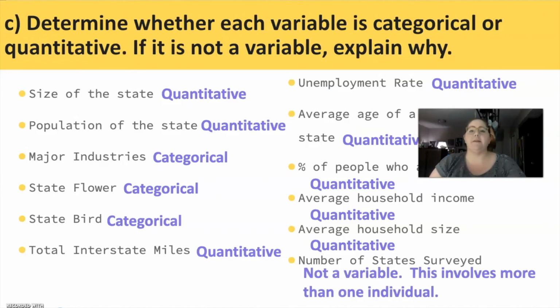And the reason it's not a variable is because that involves more than one individual. So our variables should be something that is true about each individual. So it's about one single individual. This is just telling me what my total sample size is, or what my total number of states is that I'm going to ask this question, but that's not a variable. That's just kind of a fact, things that we need to know in our survey. A variable is something that is true about a specific individual. We're collecting all of that information for all of the individuals in our sample, and hopefully as many as possible